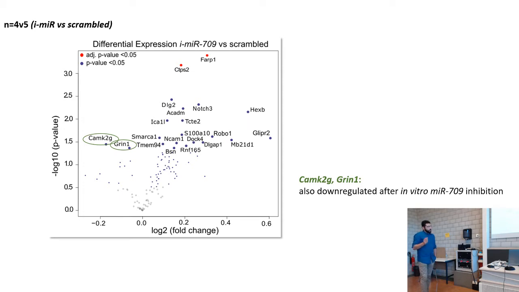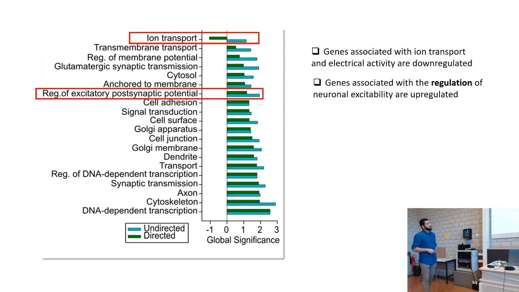So the same question popped up here. What if we don't compare these genes individually, but we try to find pathways that these genes participate in? And basically this is the corresponding analysis. What I would like to keep in mind is that the only pathway that was